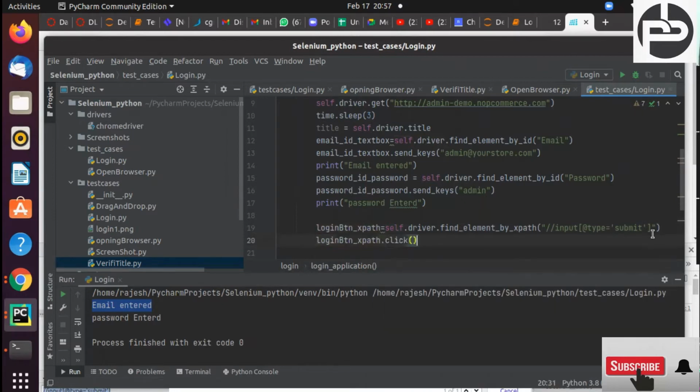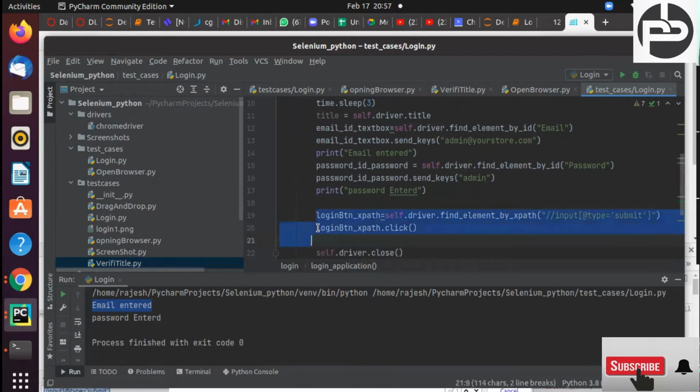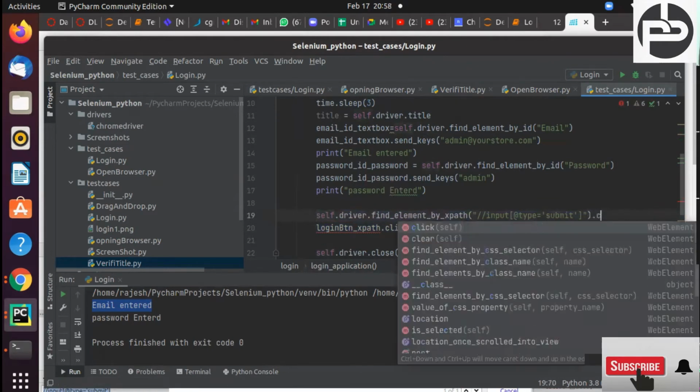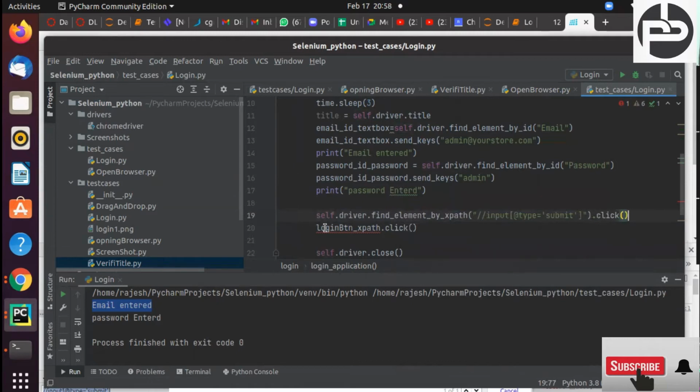So it will click. So we are writing 2 lines. We are wasting 2 lines. So instead of doing this, we are going to remove these things, and on top of that login button only, I am going to click this. Right? My 1 line got saved now. This line we no need to do. Have you understood this line or not?